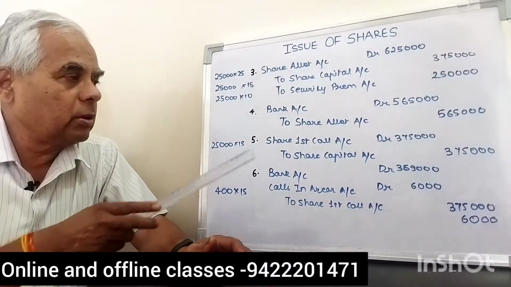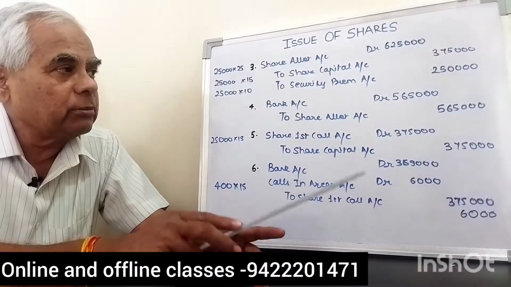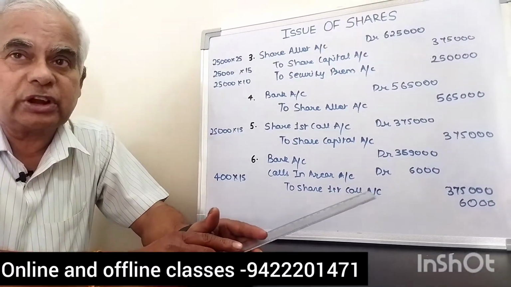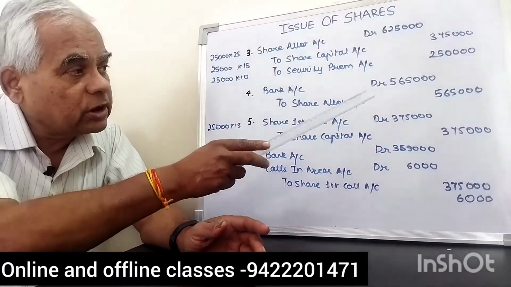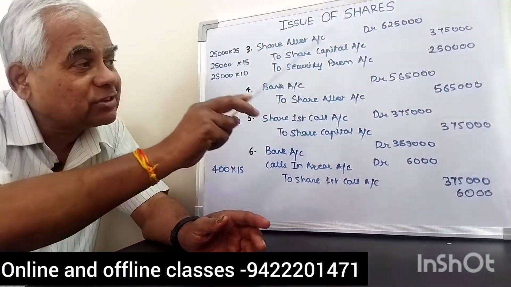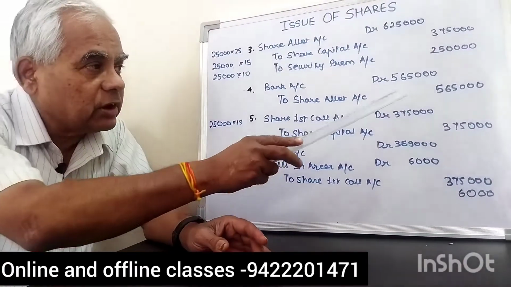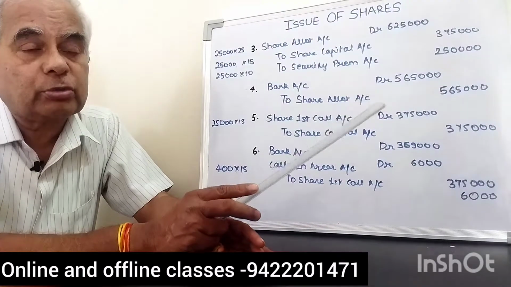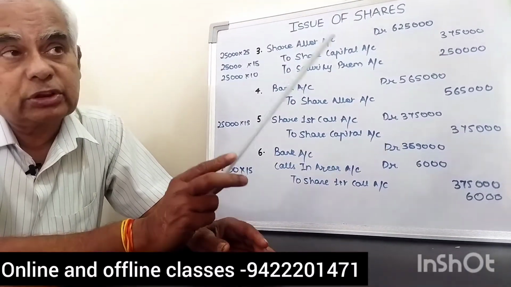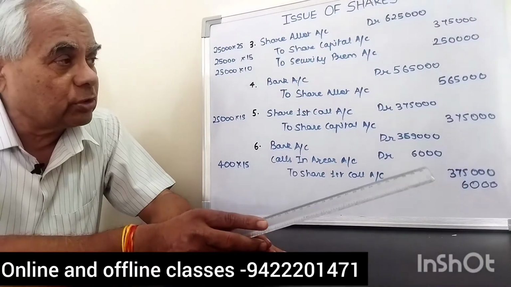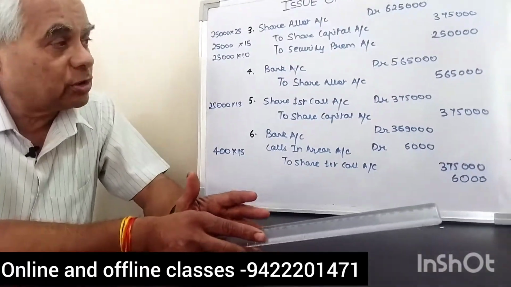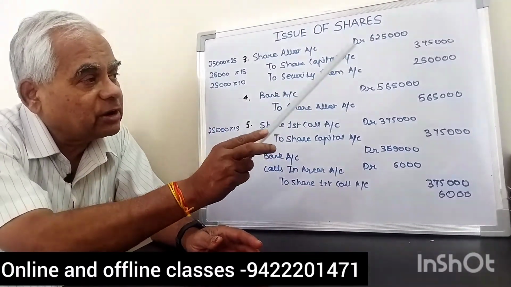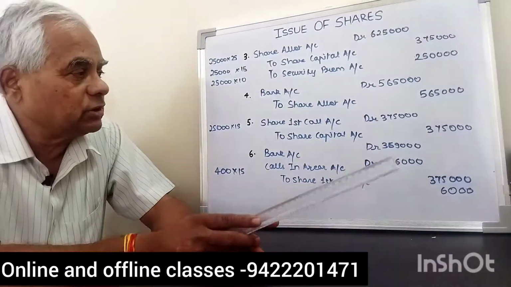Next, fourth entry, bank account debit to share allotment account. Remember that in entry number 2, advance receipt of share allotment 60,000, that amount is not going to be collected. So 6,25,000 minus 60,000, balancing figure 5,65,000. Again I am going to repeat. In entry number second, share allotment we have credited 60,000, 3,000 shares of rupees 20 each, amount 60,000. That amount is not going to be paid by shareholder. So balancing amount is collected, 6,25,000 minus 60,000, amount 5,65,000.